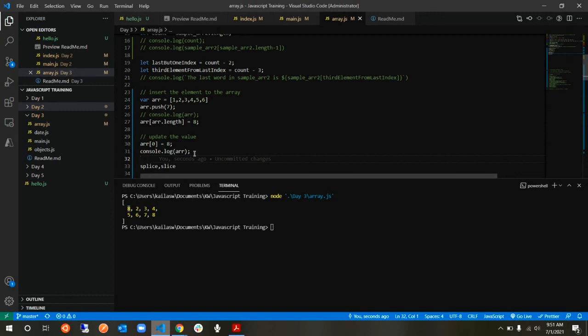For example, push. Push means you're pushing something into this. And when you say pop, pop means it is coming out, right? Something is popping out, which means something is being picked from that. So they make a lot of sense when you try to understand them from the literal English meaning.